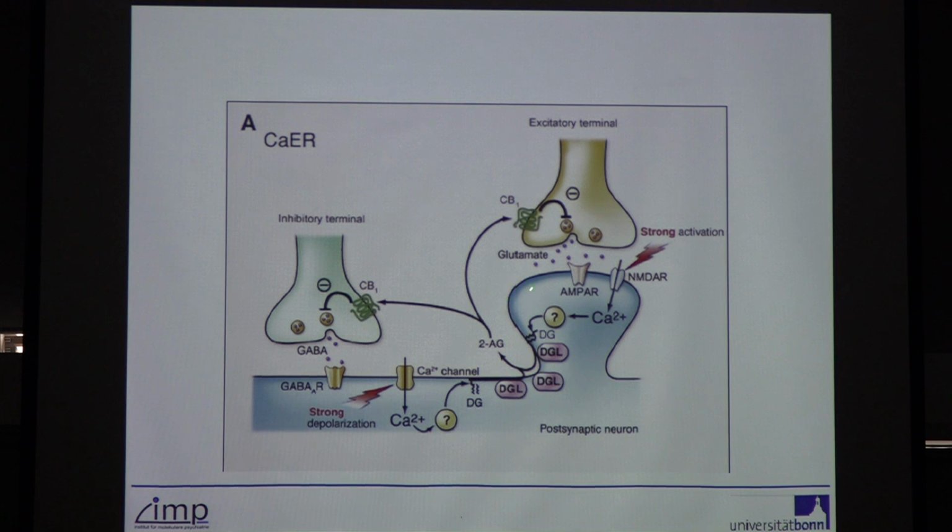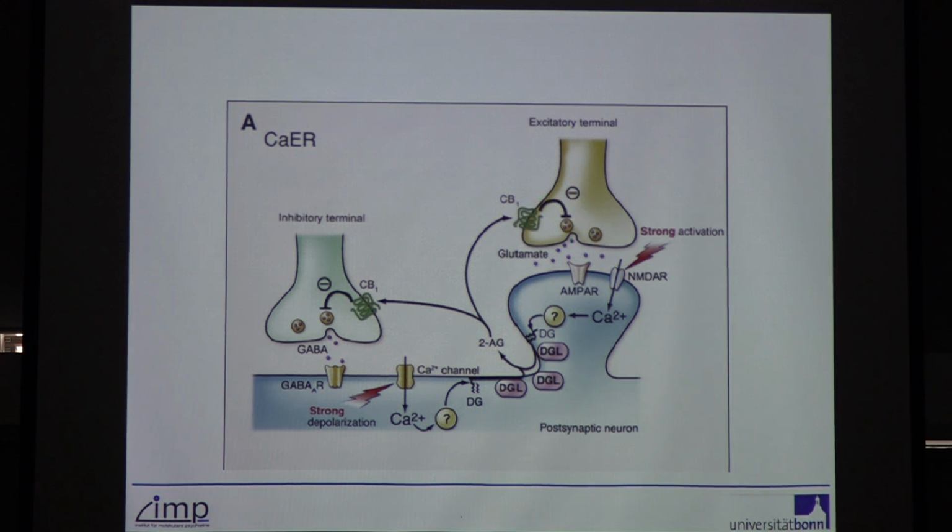The activation of these perisynaptic metabotropic glutamate receptors will then stimulate the production of endocannabinoids postsynaptically from membrane phospholipids, through stimulating the activity of enzymes that we call the diacylglycerol lipases. So these endocannabinoids, 2-AG here, can then diffuse back retrogradely against the normal information flow and activate presynaptically located CB1 receptors. The activation of CB1 receptors will then basically shut off further neurotransmitter release. So what we have here is a negative feedback system at excitatory synapses. Under conditions of strong activation, this feedback mechanism will be activated and it will prevent or decrease the further